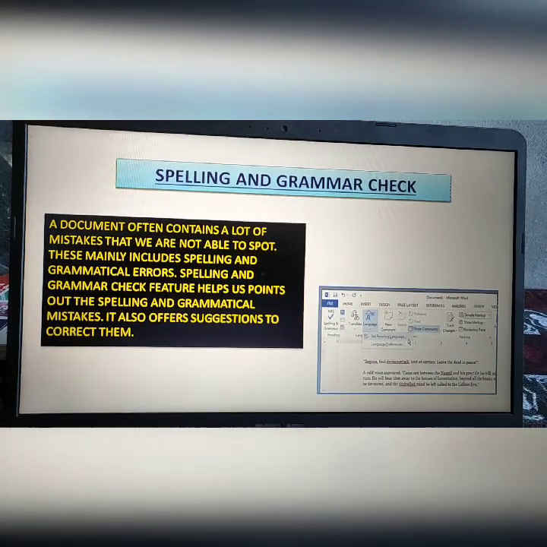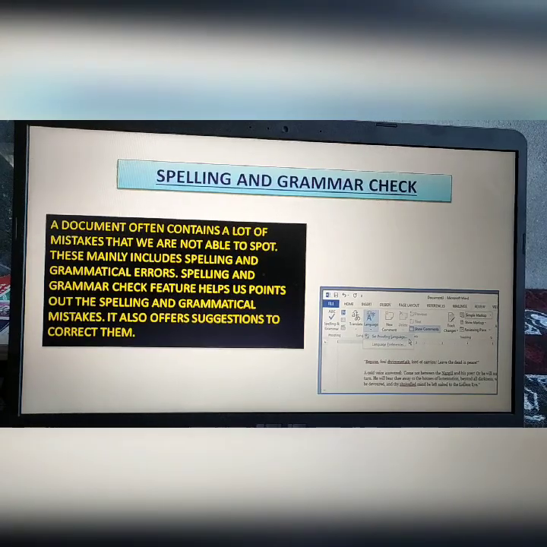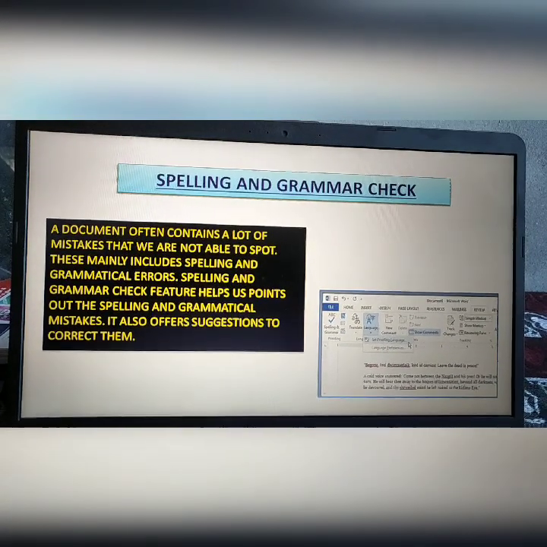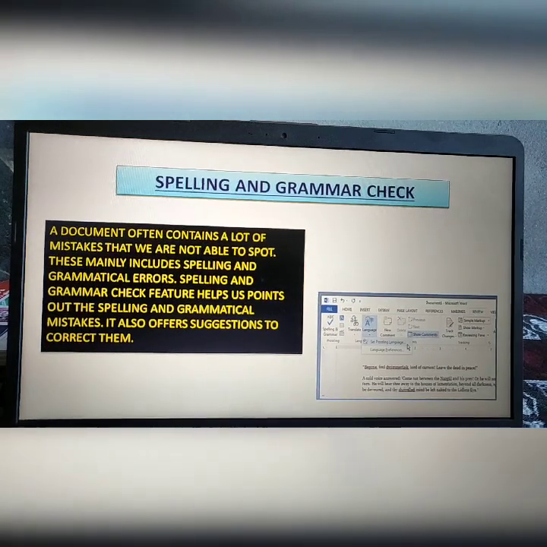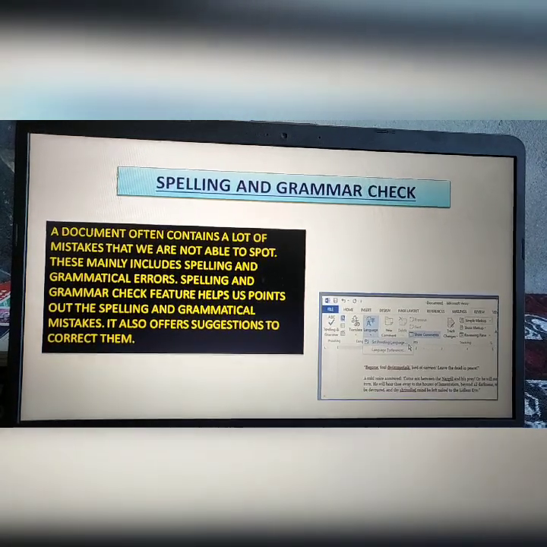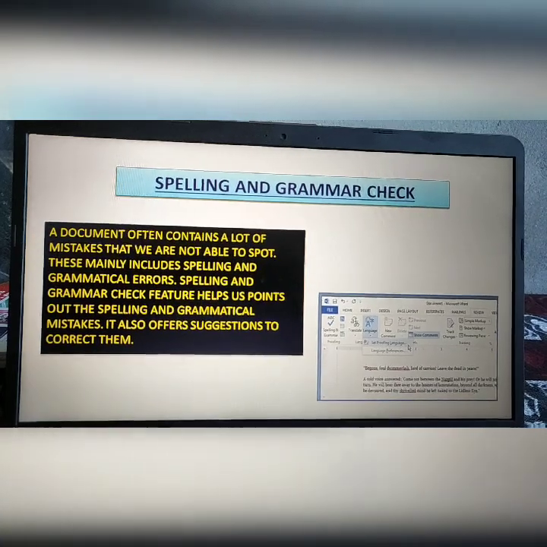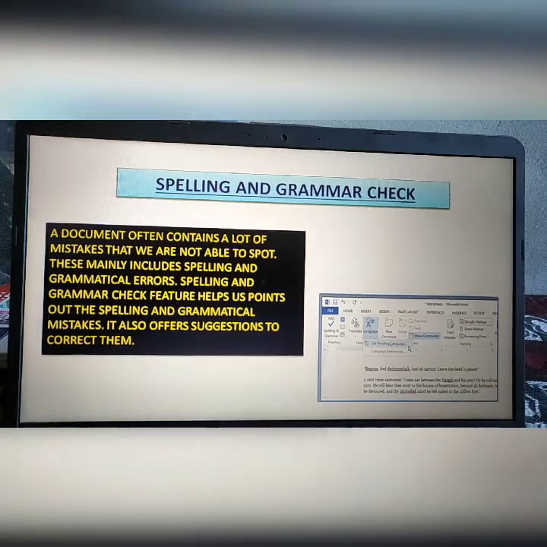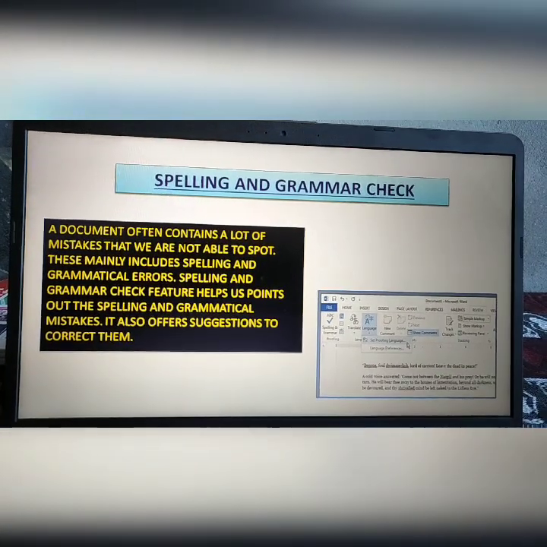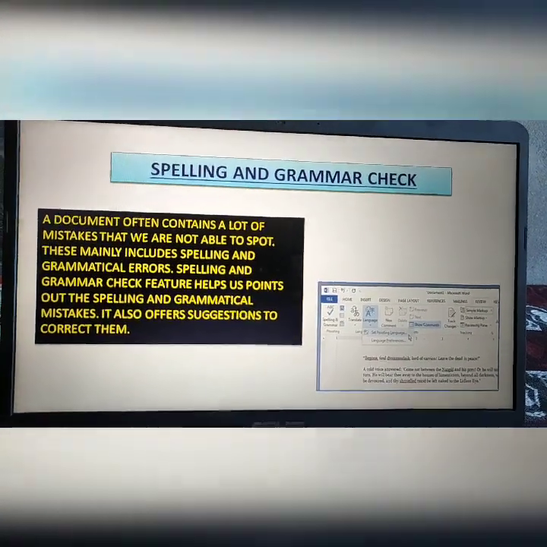This mainly includes spelling and grammatical errors. If a document has a lot of grammar and spelling errors, then we cannot consider that document as complete and accurate, isn't it? Not until it is free from these errors.